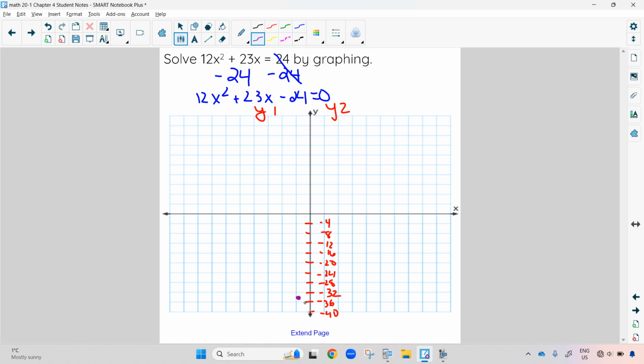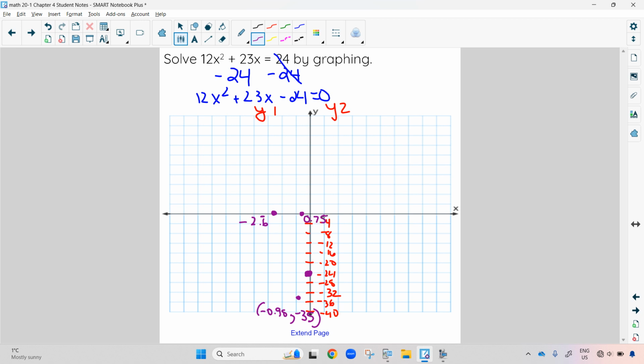So right about there. Now, when we do a graph, we always have to label. So I'm going to label this as negative 0.95, comma, negative 35.02. I'll just call it negative 35. Okay. Now, the next point that I had was my y-intercept at negative 24, which is right there. And then I had my x-intercepts. So one x-intercept was at negative 2.6 repeating. So negative 1, negative 2, right about there, negative 2.6, and that was repeating. My other x-intercept was at 0.75, so right about there,